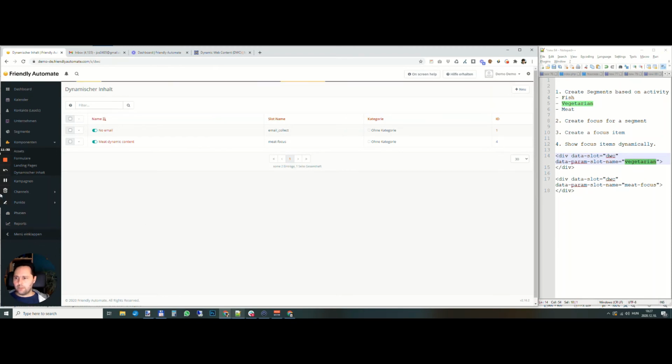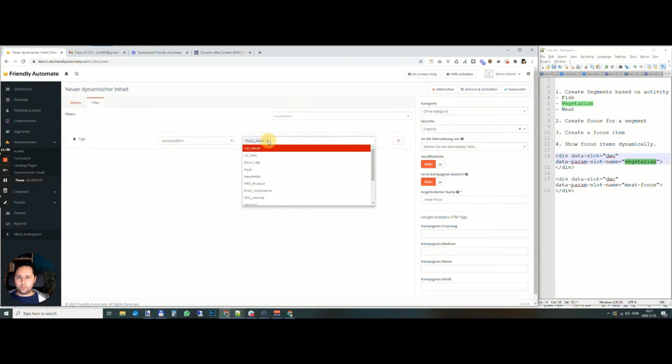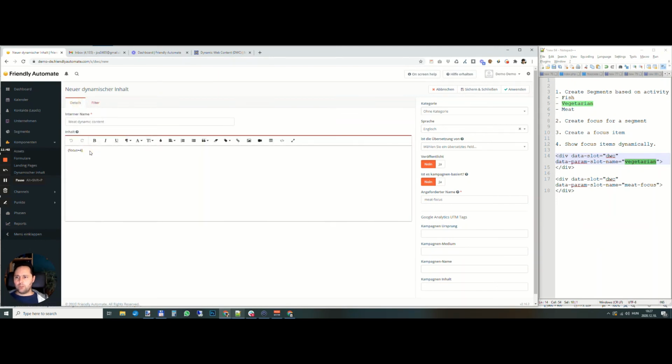So let's duplicate it. Set the filter properly. So we want to change the focus to vegetarian. And this one should be number 5. So I come here, I will save this. And I will change this to 5. And that's going to show our